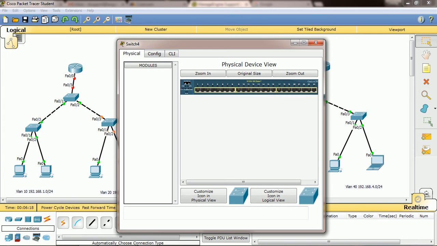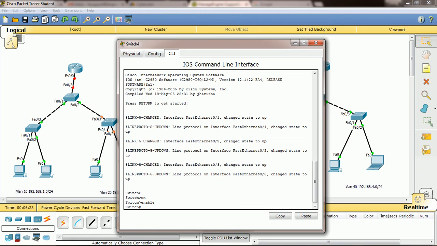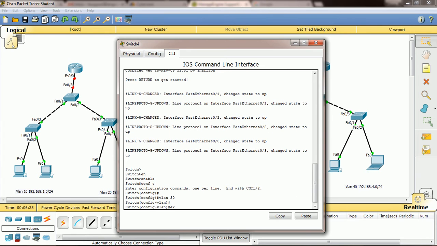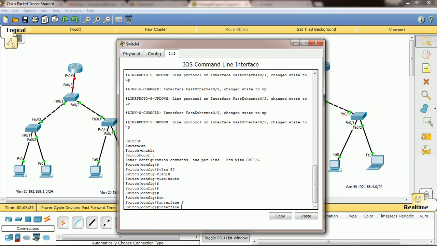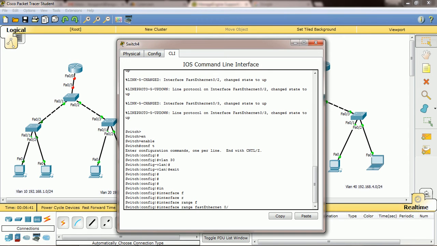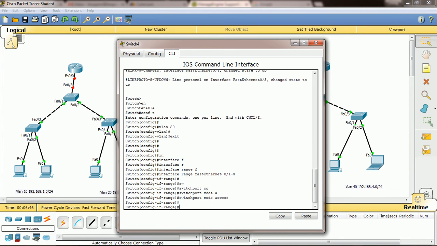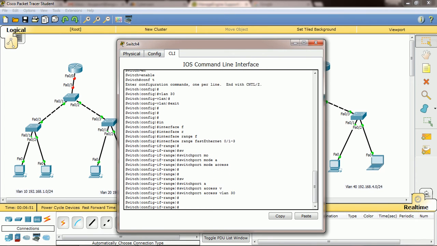Then we will go to this network and here enable, right? Then config terminal, then create VLAN 30, then exit, then interface range fast ethernet 0/1 to 3, switchport mode access, switchport access vlan 30, right?